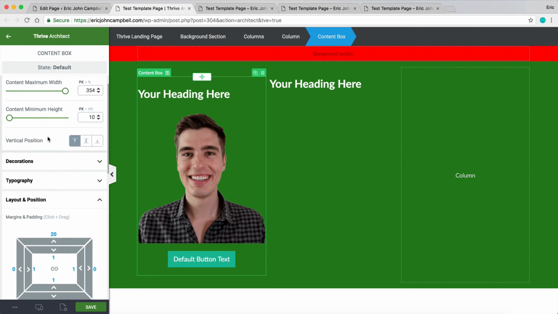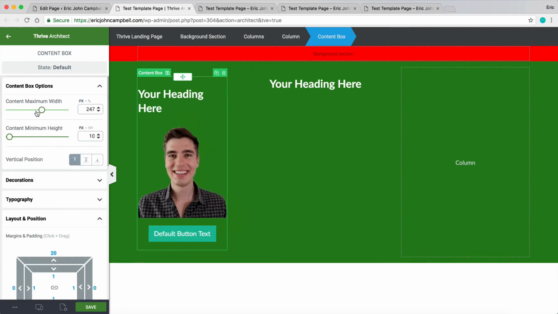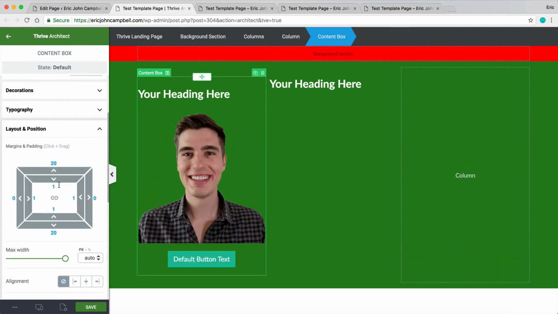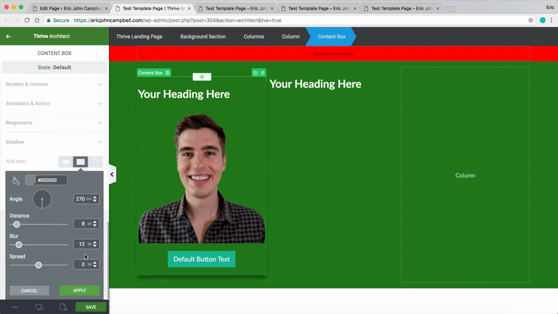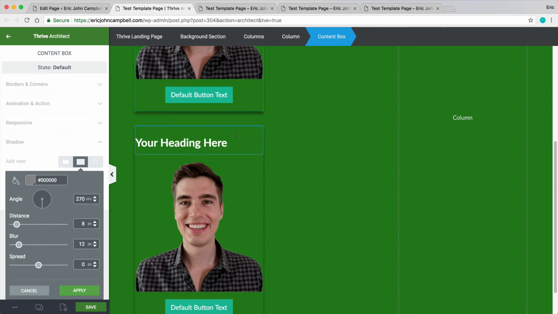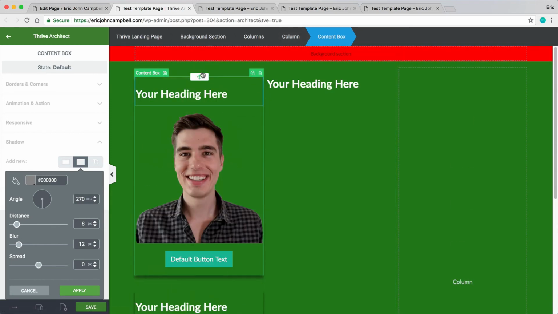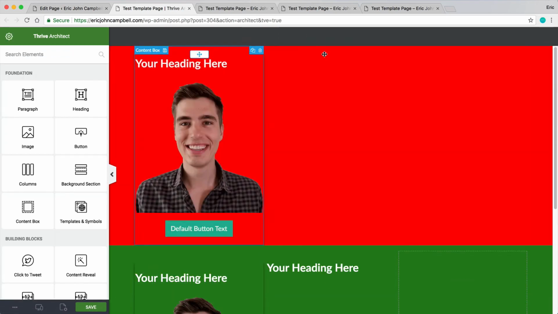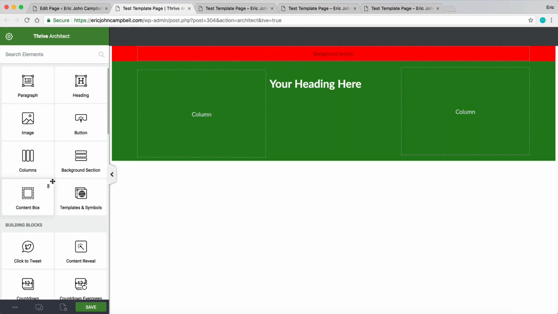And we have some new settings for the content box. We can lower the width of the content box, adjust the margin padding, add a shadow to it, duplicate the content box, and everything inside of it is still there. And then we can move that content box, move it outside of the column, and it's still there. Okay, this is such an ugly site, but who cares? That's it for most of the